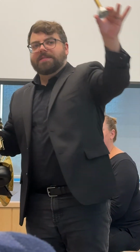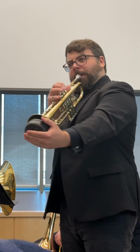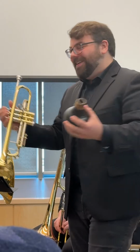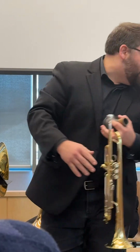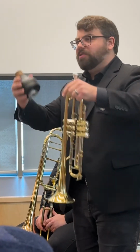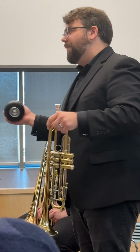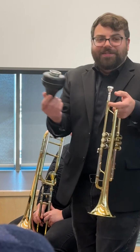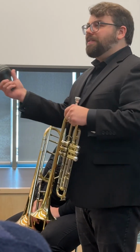But if I take this stem and put it back in, everyone loves this. This is all going to be all your favorites. This is why it's called the wah-wah mute. See, I told you. So there are plenty of others. I have a bag with like maybe 15 others, and they're all made of like wood. There's different fiberboards, different metals, brass, aluminum, copper. There's tons. But yeah, so that's one of my favorite things about being a trumpet player is that I get to use all these fun tools and toys. And Sandra earlier had